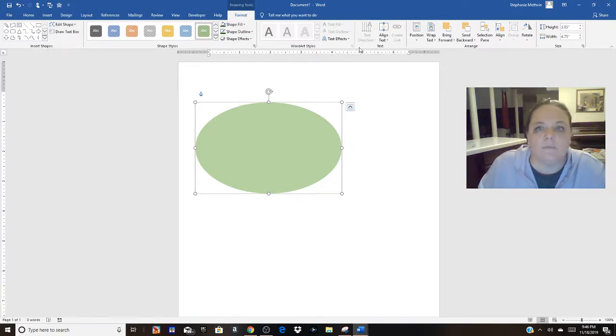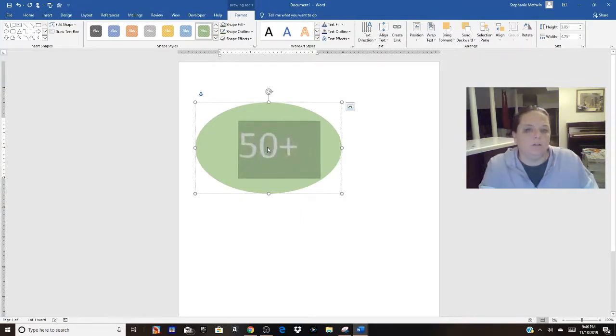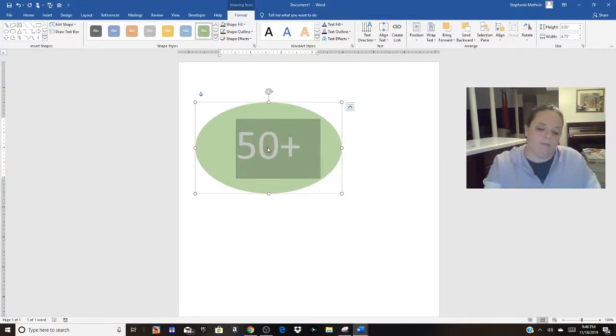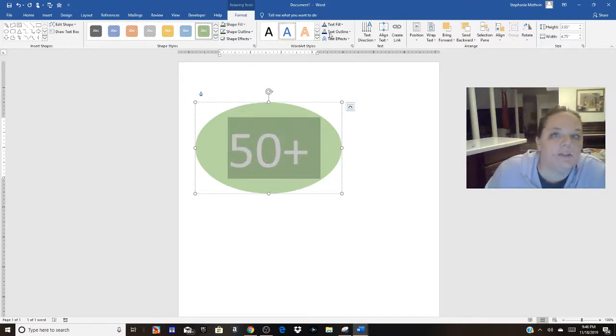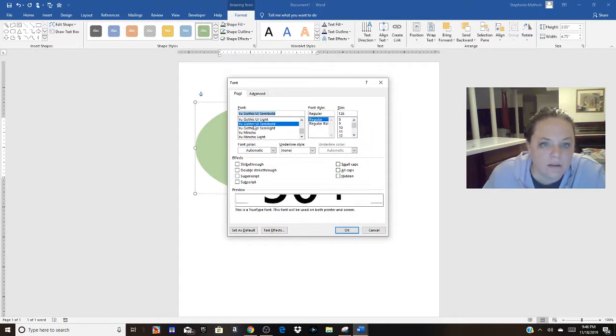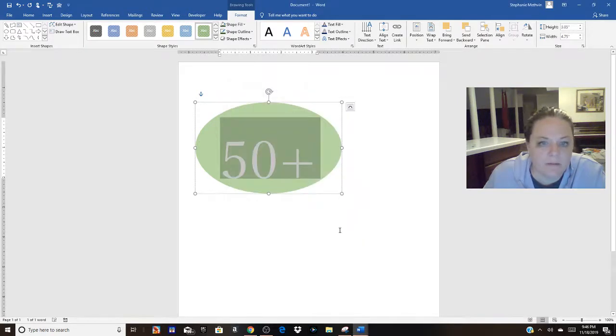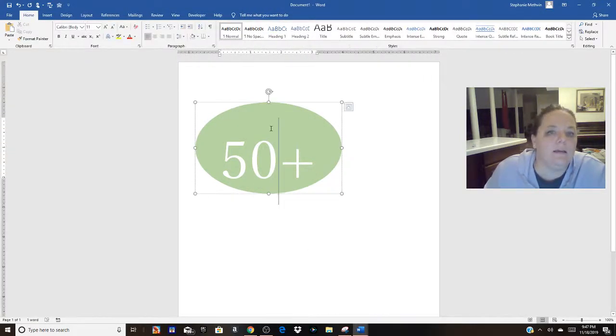I'm going to add text. 50 plus. Obviously that's not big enough. So I'm going to make it much larger. Remember, hold down Control and then the bracket. Let's change the font on this to make it a little more fun. Don't know what to put. I'm not sure what that looks like. And then add,